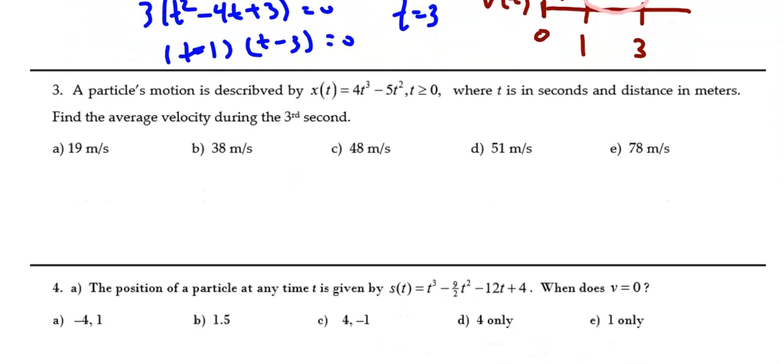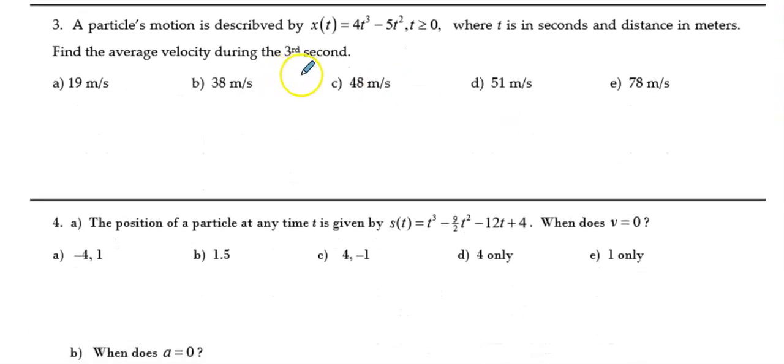All right, so let's keep on moving here. Question number 3. This is a question students really get confused about. A particle's motion is described by, again, the position function, where t is greater than or equal to 0, t is in seconds and distance is in meters. Find the average velocity. We've actually had this conversation already. Average velocity is going to be, and I'll just call this S because of the position function,